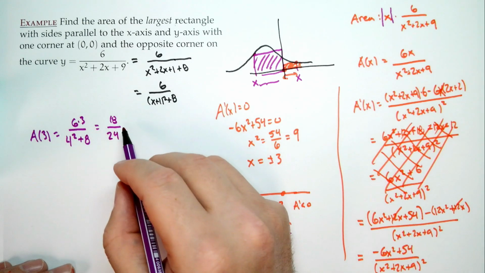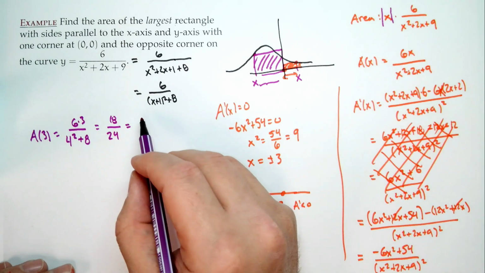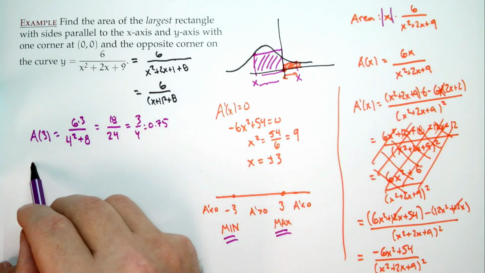16 plus 8 is 24. So we get 18 over 24. Well, that's 3/4, which equals 0.75. Where if we plugged in negative 3,